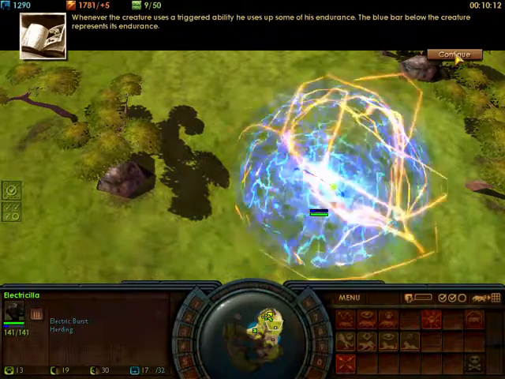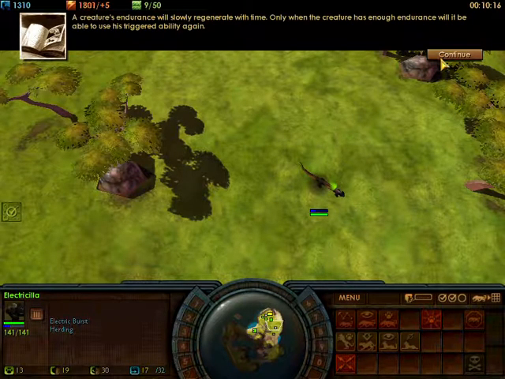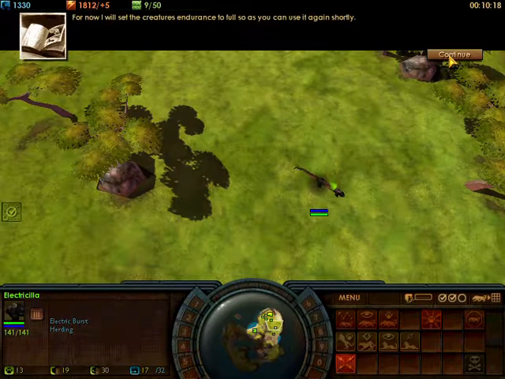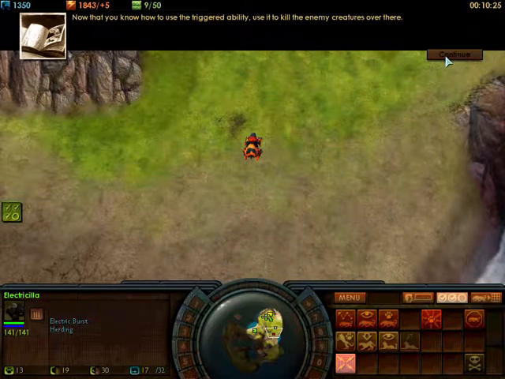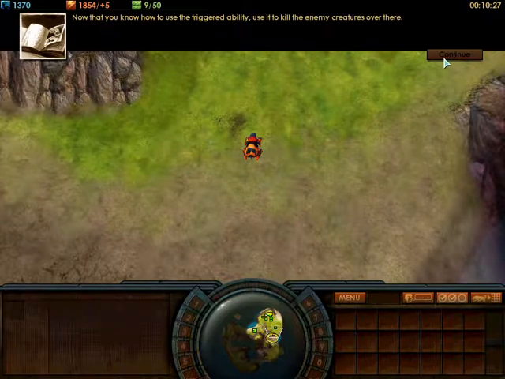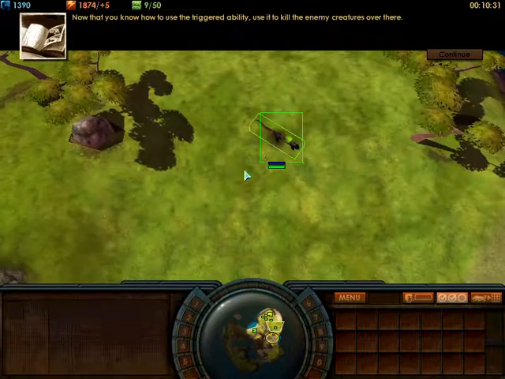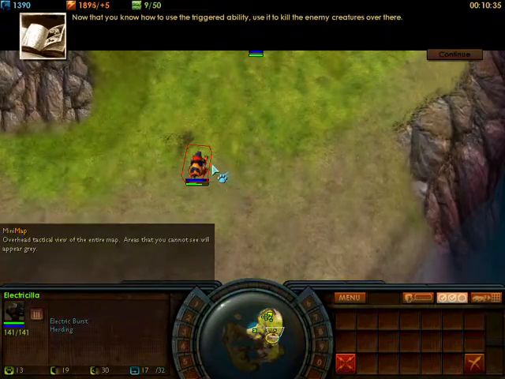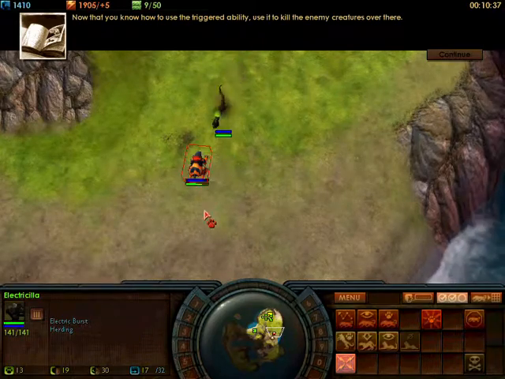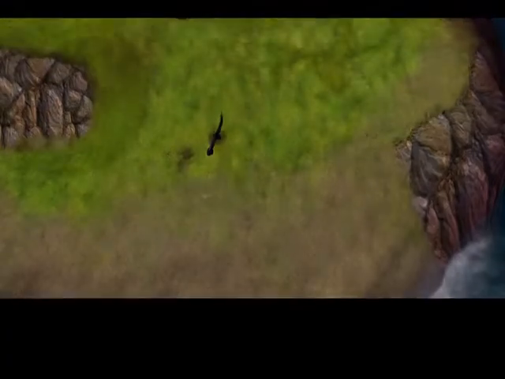Whenever the creature uses a triggered ability, he uses up some of his endurance. A creature's endurance will slowly regenerate with time. For now, I will set the creature's endurance to full, so now that you know how to use the triggered ability, use it to kill the enemy creatures over there. Okay. Yeah, let's use it there. Well done. This is just one of the...